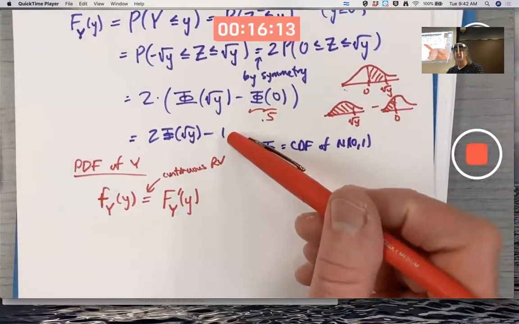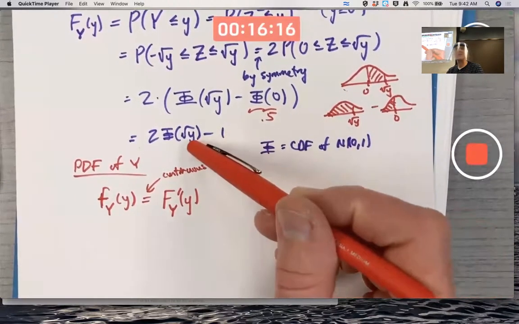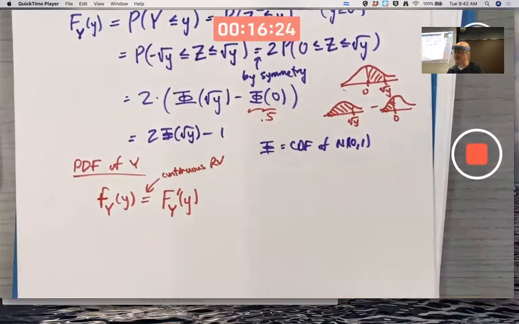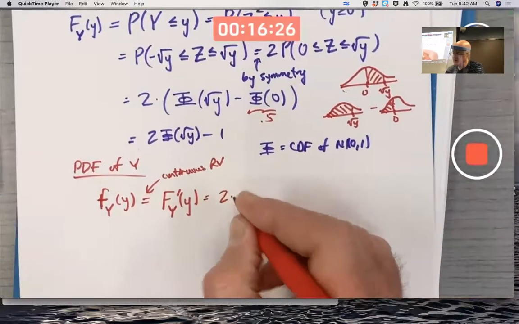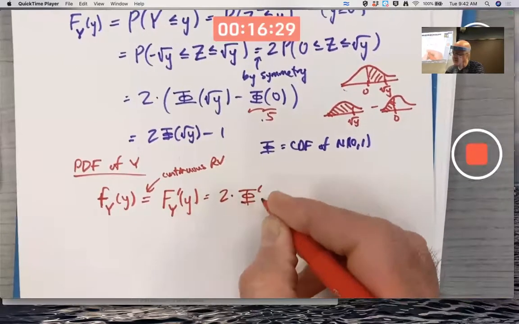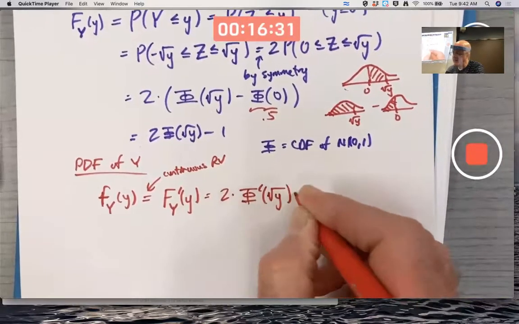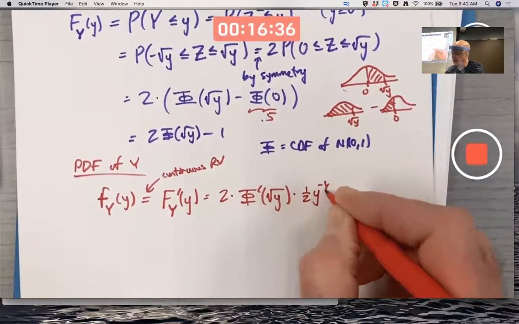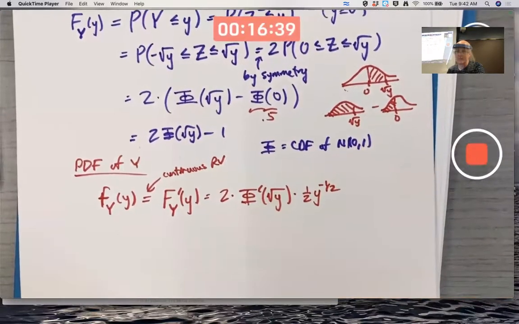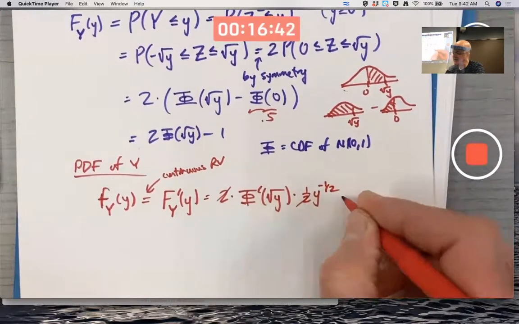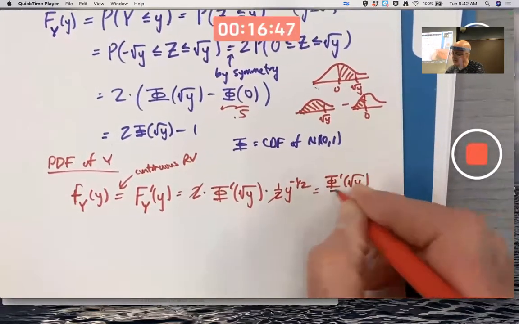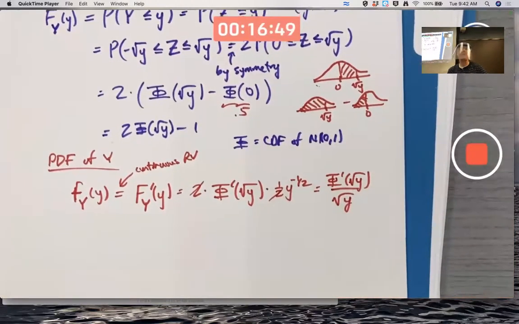So differentiate this thing. I got a square root of y in there. I guess I need the chain rule. -1 differentiates to 0, so that's not a big deal. The 2 stays there. 2 times the derivative of capital phi evaluated at square root of y. Then by the chain rule, what's the derivative of square root of y? 1/2 y to the negative 1/2. The 2's cancel actually, and you're left with capital phi prime of square root of y divided by square root of y. Capital phi prime, though, is